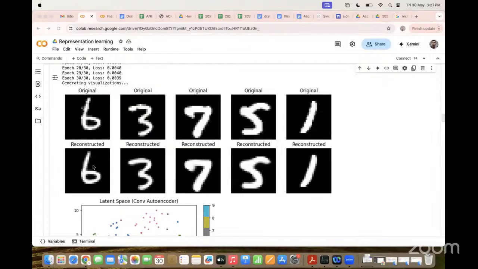We can further reduce the latent space from 128 to like 64. Sorry, we can further reduce the latent space dimensions. Okay.